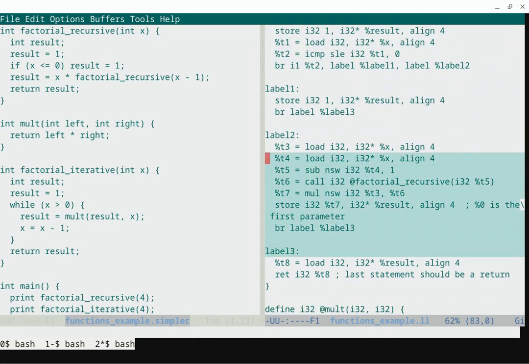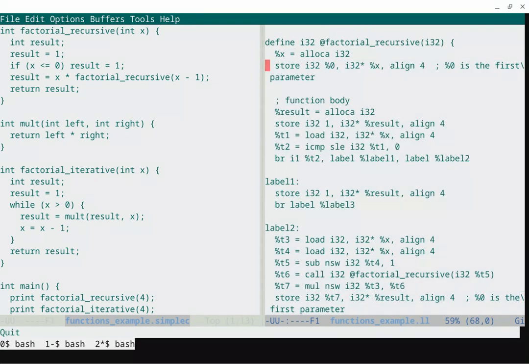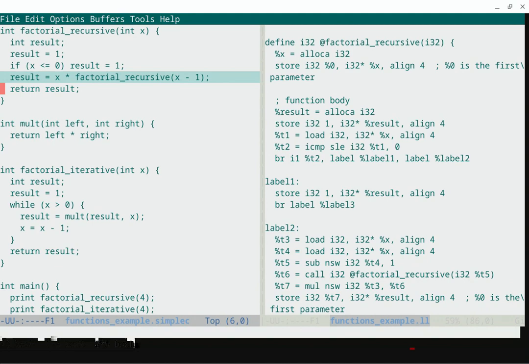So that's just the body of this function, and you can see that we've got the recursive call here. LLVM handles all of the function calls for you, so the recursion will just work. Notice that this single statement in C, you know this from implementing the assignment, is broken up into